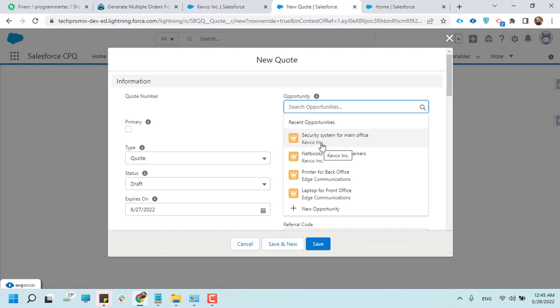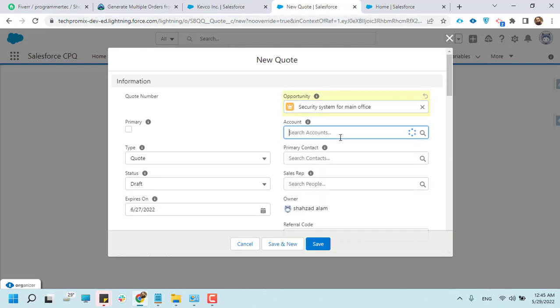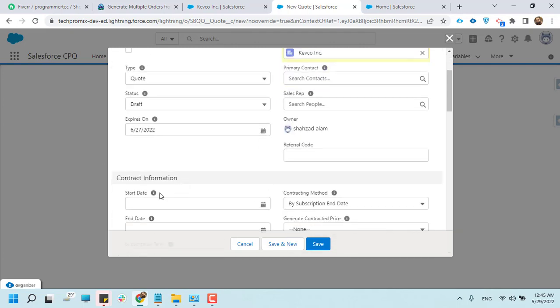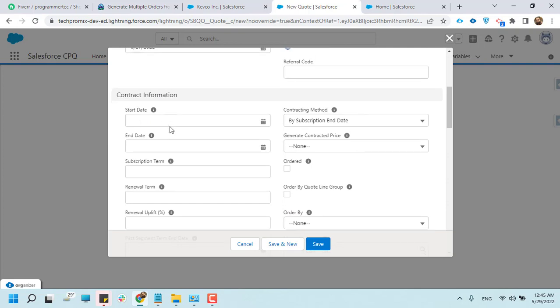For example, I select this opportunity, account, for example this, contact, we don't need a contact, type quote, status draft, and just